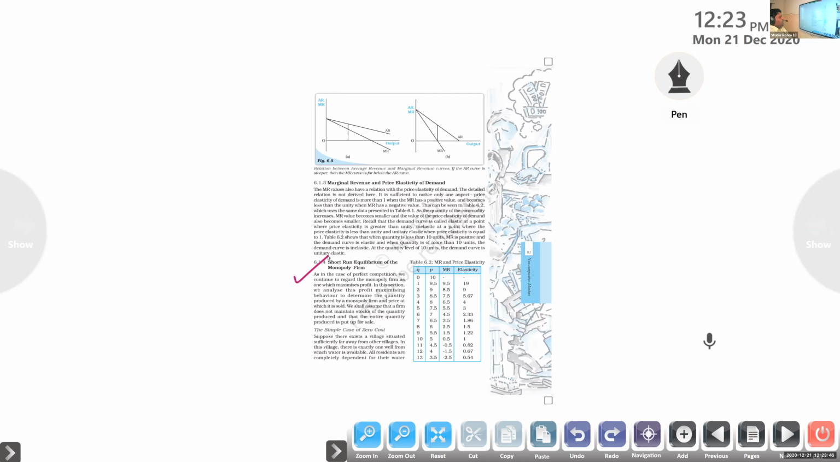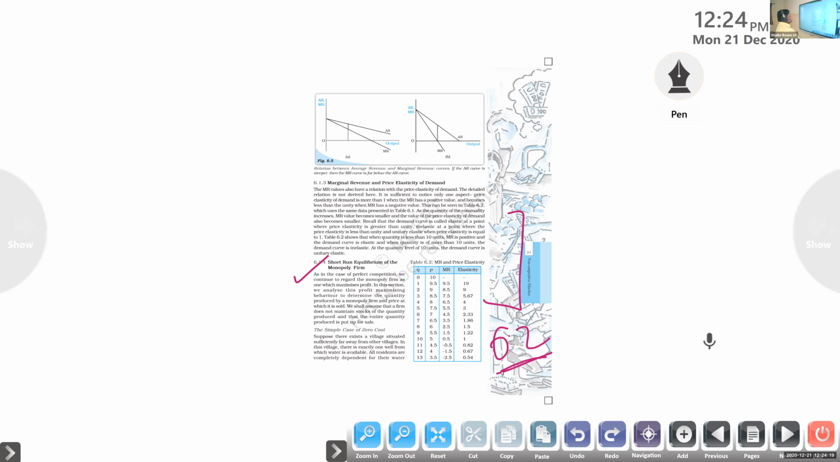Short-run equilibrium. We already studied two terms: one is the short run, the other one is the long run. Keep that idea in your mind: what is the short-run equilibrium and what is the long-run equilibrium? Already we studied the marginal revenue and the price elasticity in the morning, related to Table 6.2. Table 6.2 is useful now also. We are observing here